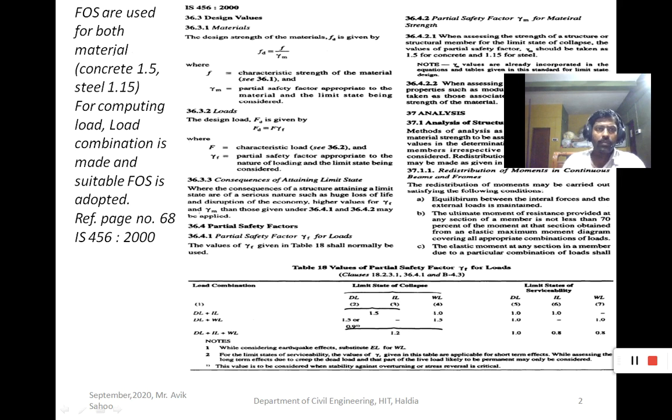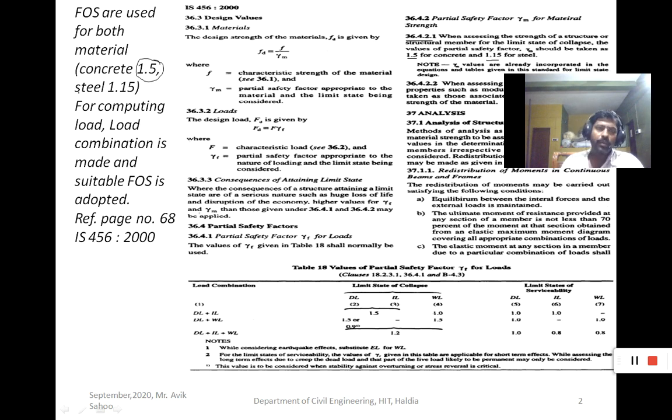So in limit state method, for both material, so this is a reinforced concrete section, so for concrete one factor of safety is considered, that is 1.5. It is given in the code. So you see clause number 36.4.2.1, go to page number 68. Here it is clearly mentioned that for concrete the factor of safety for material is 1.5, whereas for steel